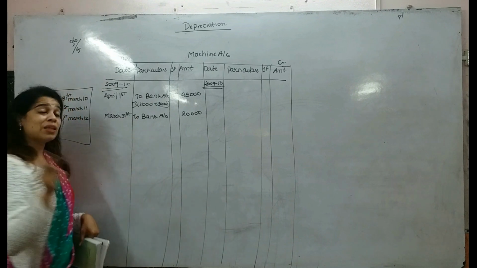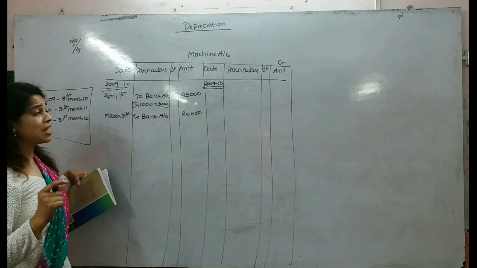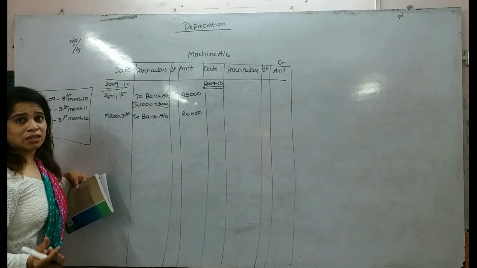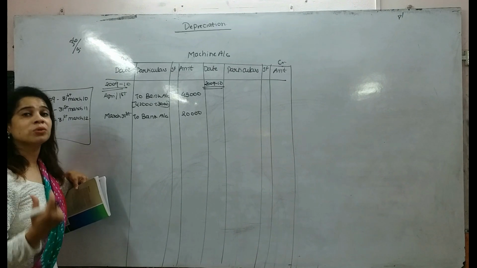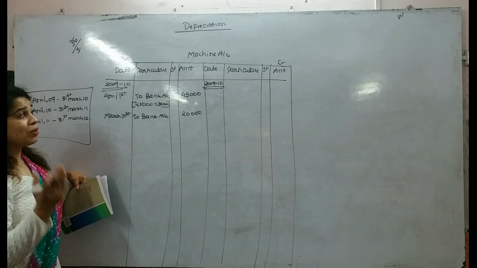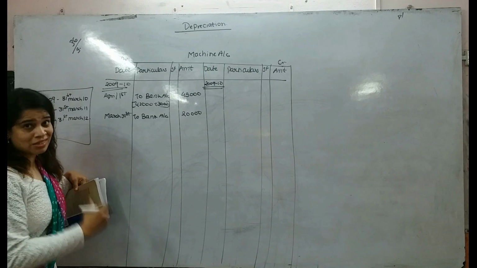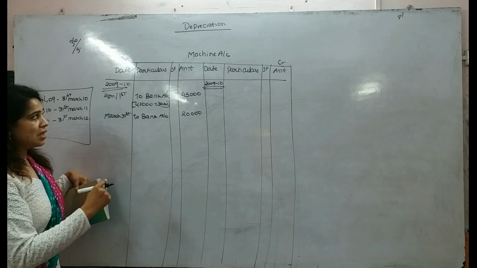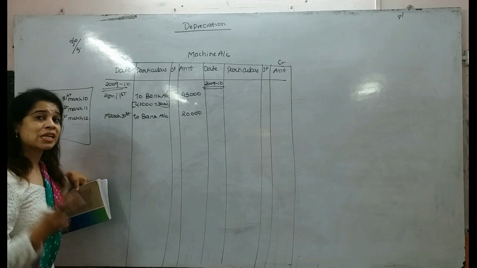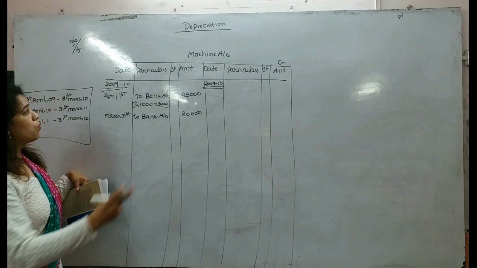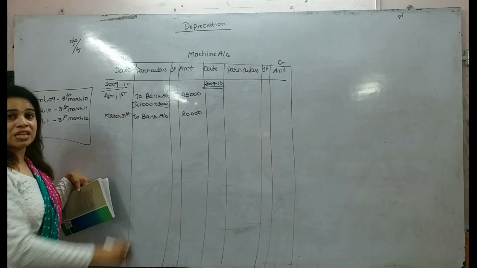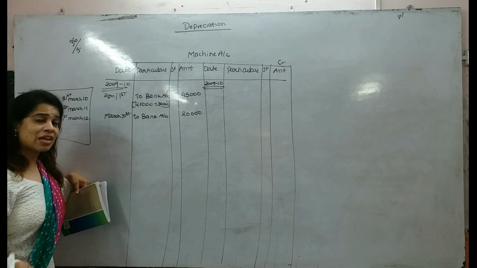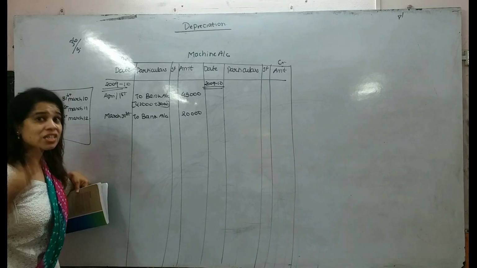Okay, in the previous sums we have seen if we are purchasing an asset in the middle of the year, how are we going to charge depreciation? But this sum is different. Now we are seeing that in a year we are purchasing two assets. One we are purchasing on the first day of the year, whereas the second asset we are purchasing on the last day of the year.